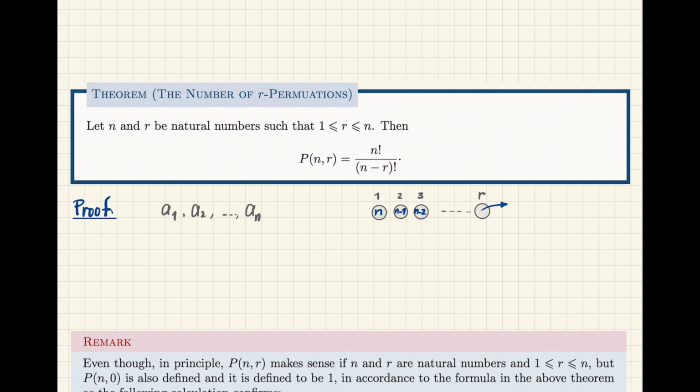Yes, because you see, the first one is n, the second one is n minus 1. The third one is n minus 2. So the number that you are subtracting here is 1 less than the box number, yes? Here the box number is 1, but you are writing n. N means n minus 0. Here this is the second box, but you are not writing n minus 2, you are writing n minus 1. Here this is the third box, so you are not writing n minus 3, you are writing n minus 2,